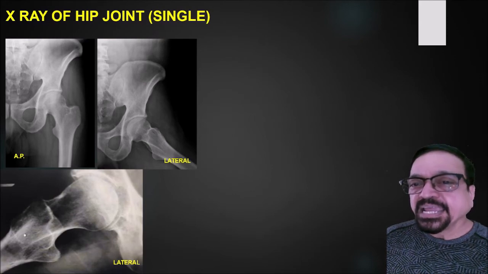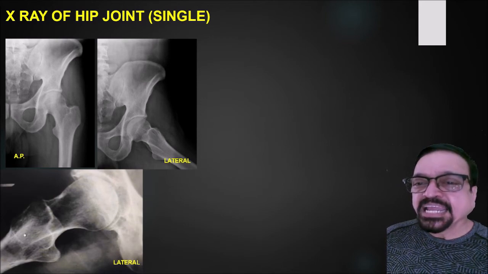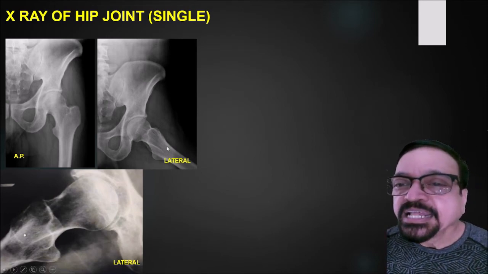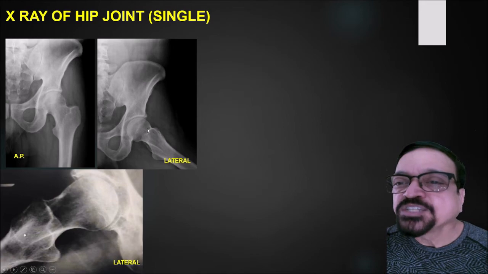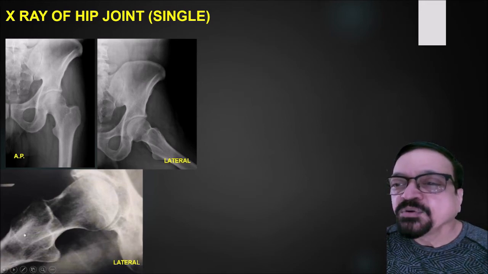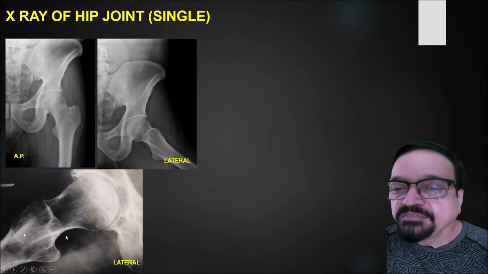Here there are AP and 2 lateral. AP, you are seeing the neck properly. In lateral, the neck has to be properly seen. So this is a correct AP. In this lateral, the neck is not as well seen. So here we are seeing a good technique and good visualization of the neck.